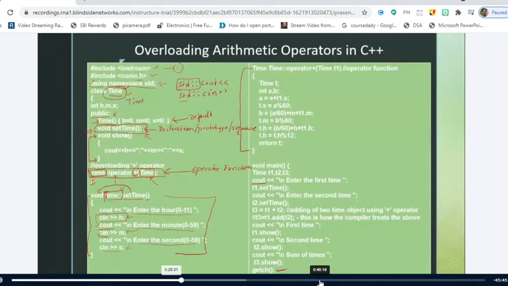Time. Right. Time. And I should tell the compiler that this operator plus is an operator function that belongs to the Time class. So I am using this Time followed by the scope resolution operator. Thereby the compiler will come to know that this operator function belongs to the Time class. Right. So the remaining thing is similar to that of the normal member functions only. Right. So since the operator function is a member function that we have declared inside this class, and I am going to define this operator function outside the class, the syntax remains as it is, no change.